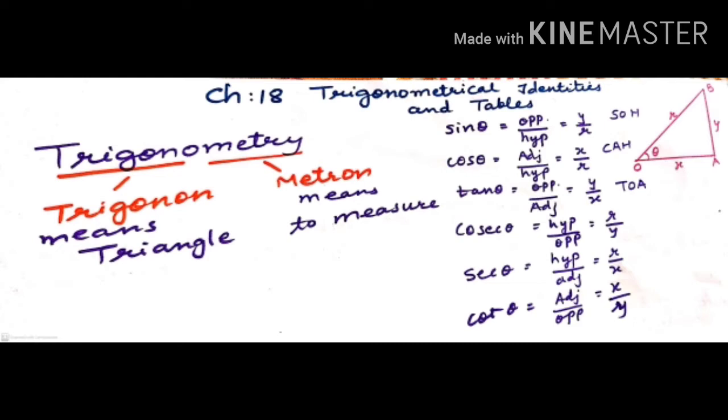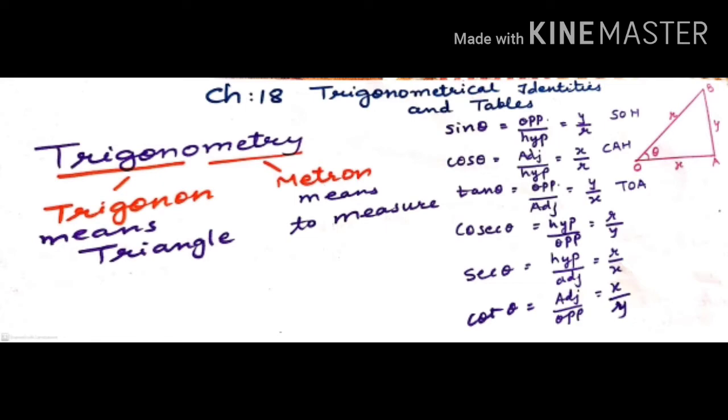Already we have studied this chapter in standard 9th, and you have also studied some important ratios using trigonometry. Let us recall it again in this video. You can see the right angle triangle there, that is triangle OAB. Students, let me make it clear to all of you that this chapter is basically on the right angle triangle only. So in that triangle OAB, angle A is 90 degree and angle O is, I have written theta there.